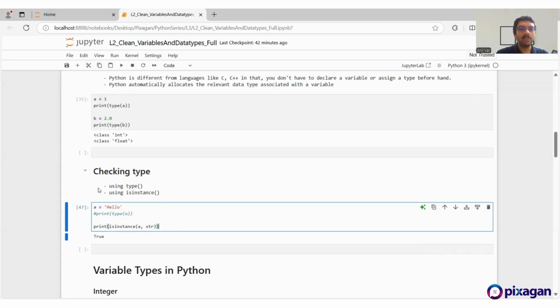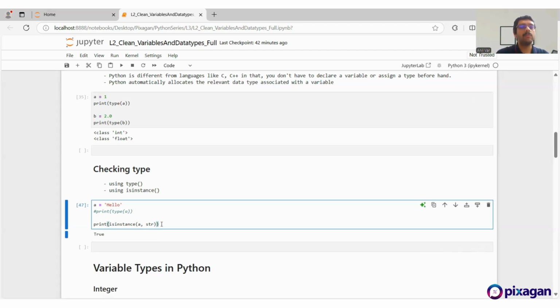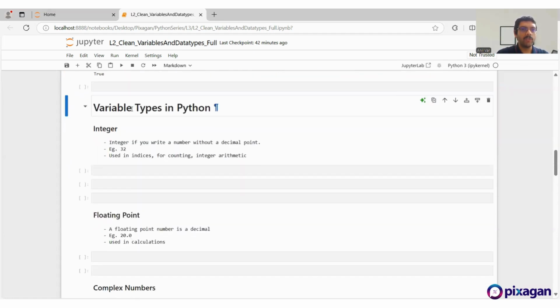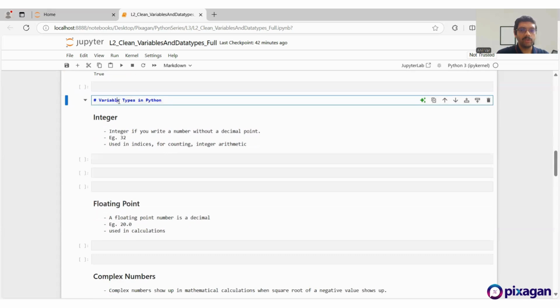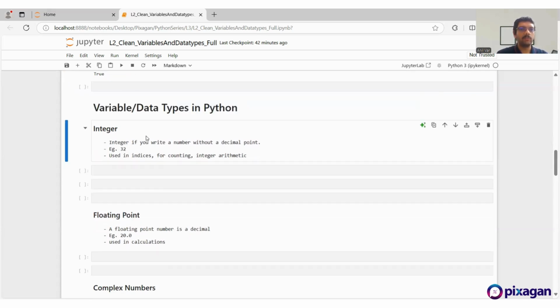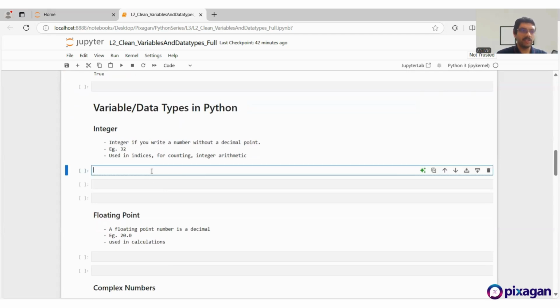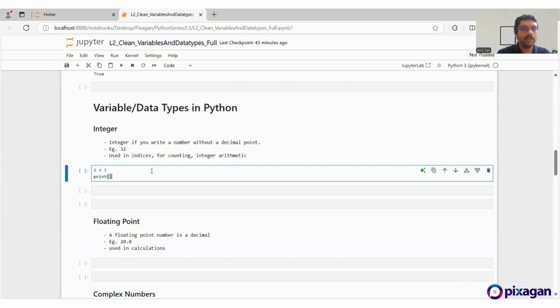And you can understand how to check what type of data it is. Okay, so let me just say variable slash data types. So the first is an integer. First, as in the first one we're going to cover. So it's an integer. So if I say i is equal to 1, and I say print i, and then type,